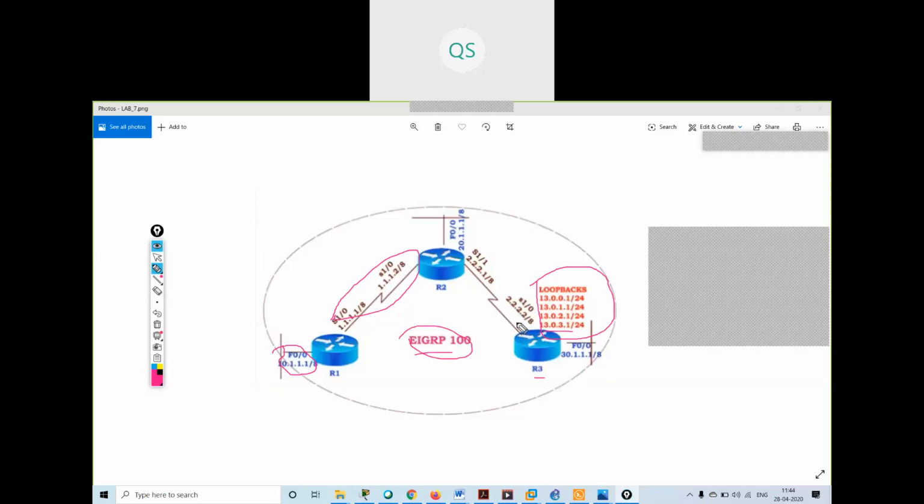I will make the summary of these loopback addresses and advertise it. We will see what happens when we enable auto summary and what the drawback is, which networks are advertised, and then which networks are advertised when we use manual summarization. We will see all these things in the practical.